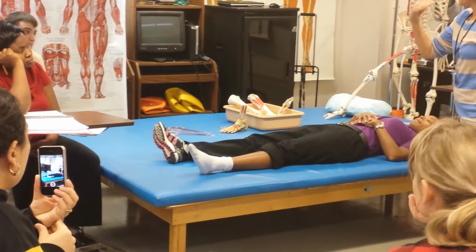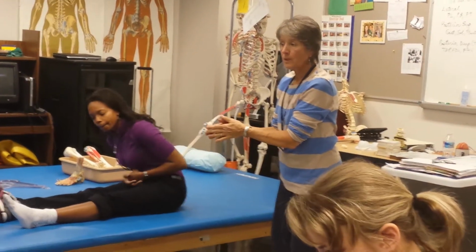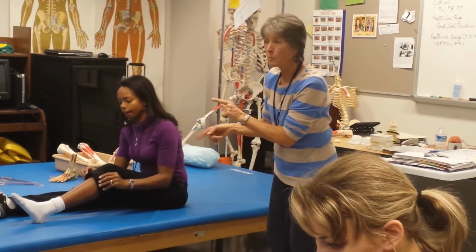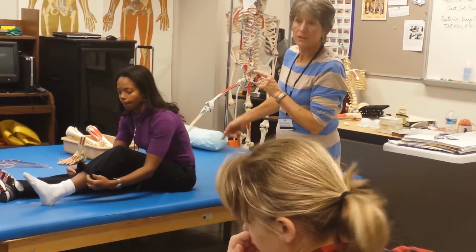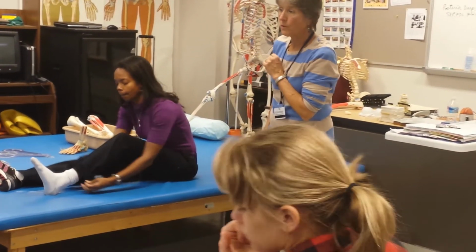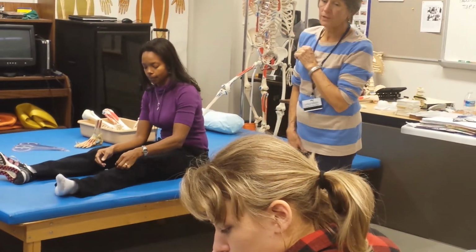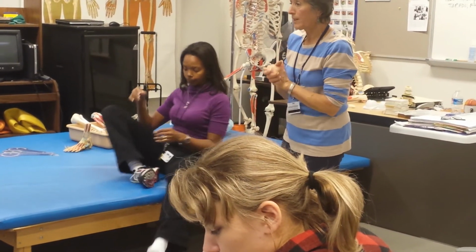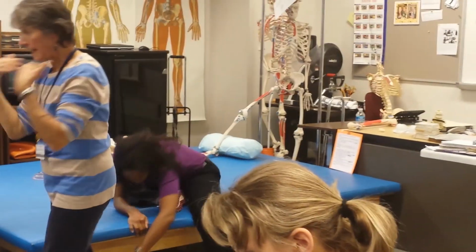Okay, so think about, again, what can you do in the sitting position, what can you do in a prone position, because there are multiple things in prone. You're going to have to do extension, you're going to have to do knee flexion in prone. There's no other way about it. In sitting, you need to do the rotation and you need to do the flexion, and then any modifications. So that's going to be one rotation. Go through that test so that you're